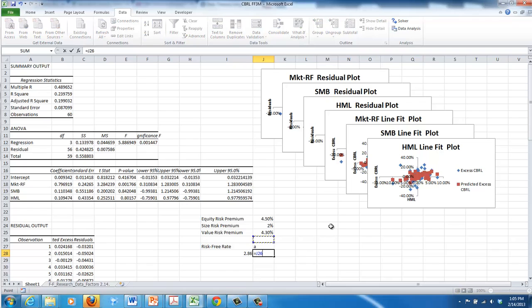That's going to be equal to 0.7969. And then we would multiply that by our equity risk premium, 4.5%. Then we would take the regression coefficient, put this as RP,